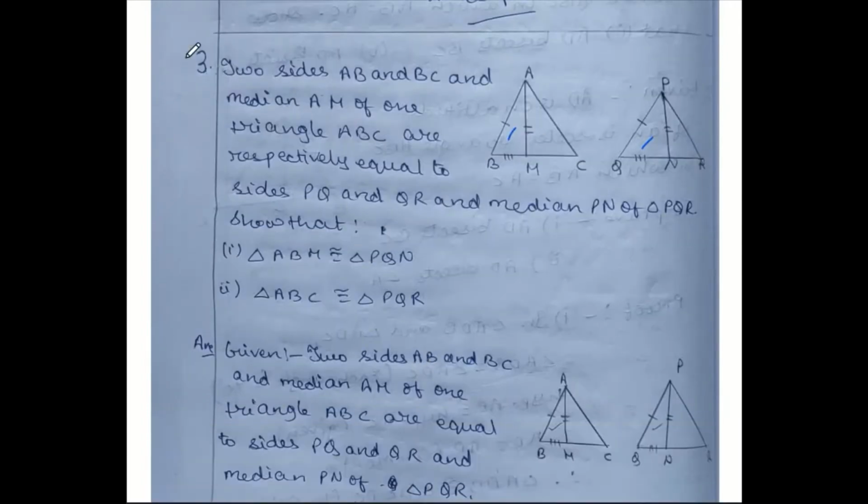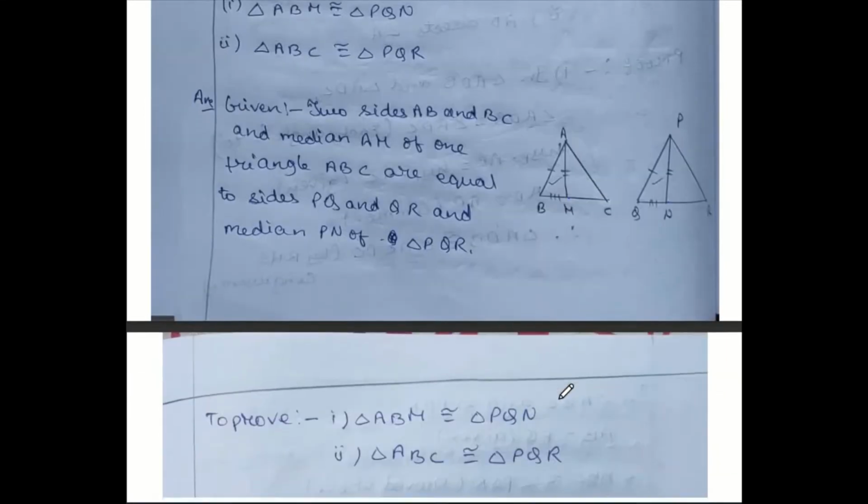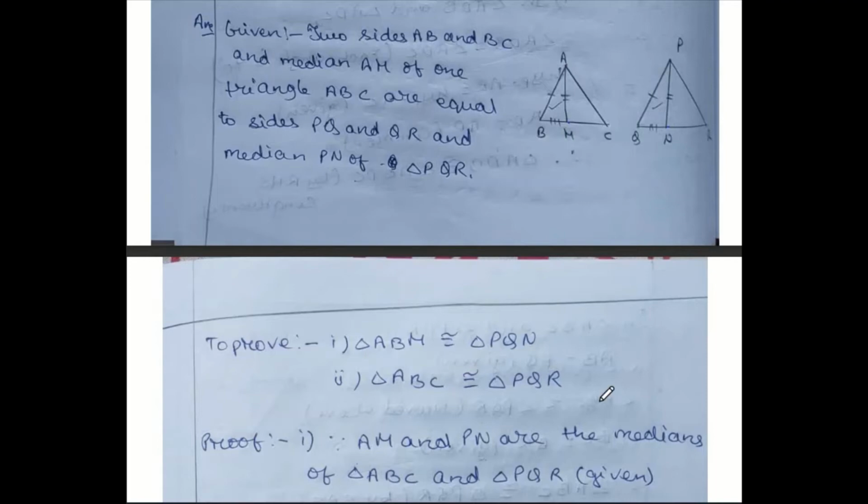Now the given material, from here till this much, you can copy, because given materials normally we are not changing. Both the diagrams should be drawn perfectly, and median means make sure that it is a line joining the vertex to its opposite middle point. So make sure that this point is in the middle, and this point also is in the middle. So the given material, everything you can write. Diagram should be drawn perfectly. AM and PN both are medians, that means M and N are the midpoints. After writing the given, we have to prove both the triangles are congruent.